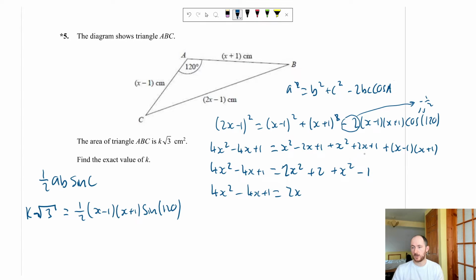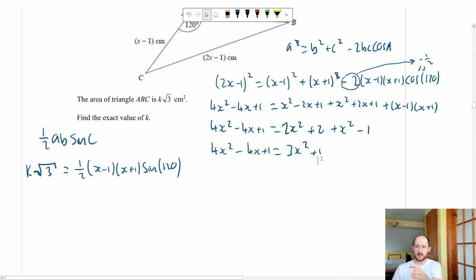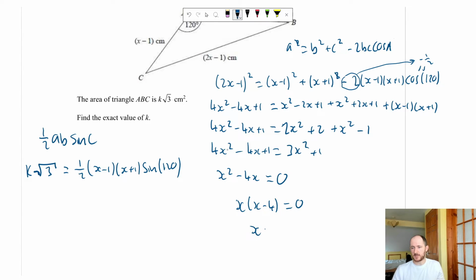2x squared. No, 3x squared. I wish I could count. You know, that would be really useful. 3x squared plus 1. So now if I move everything over to the left-hand side, we have x squared minus 4x, and that's it, equals 0. So we have either x minus 4, either x equals 0